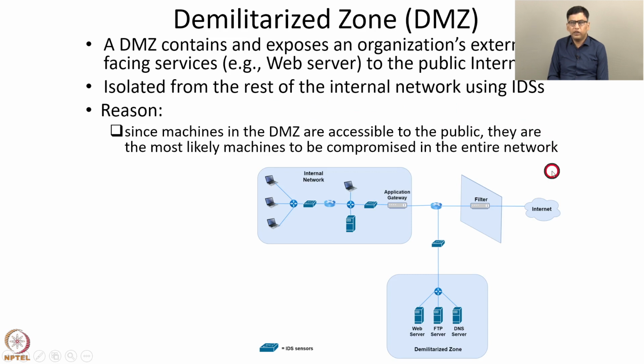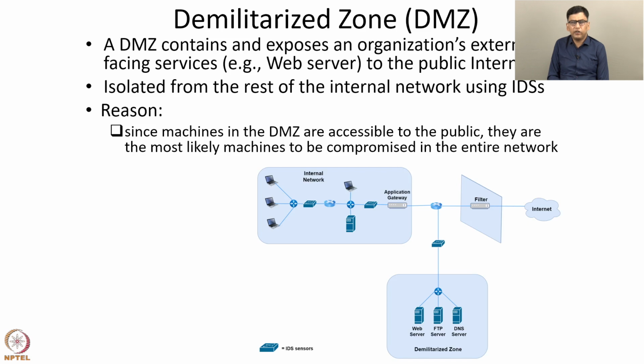So packets from the internet flow into the demilitarized zone, and some of these may be malicious packets. They may infect servers in the demilitarized zone. So hence, machines in the demilitarized zone are most likely to be compromised. Machines in the high security region can also be compromised, but that can happen only if there is some malicious employee in the company, or there is some flash drive which is used in the internal network, and that contains some malicious information.